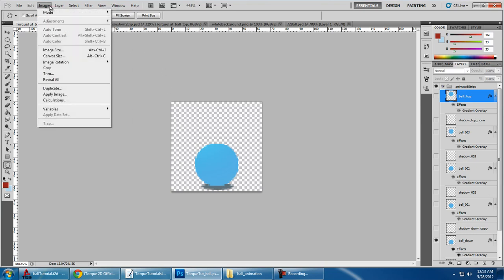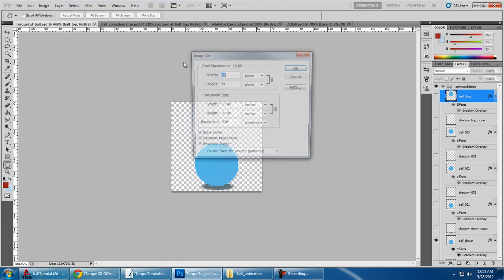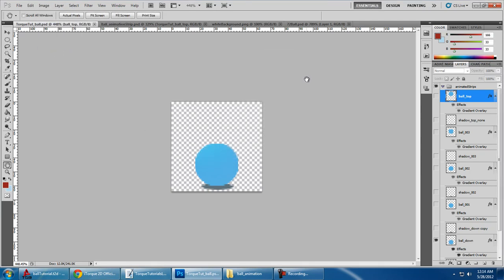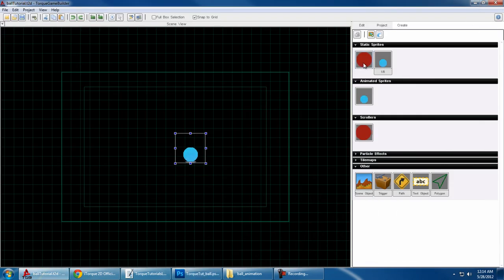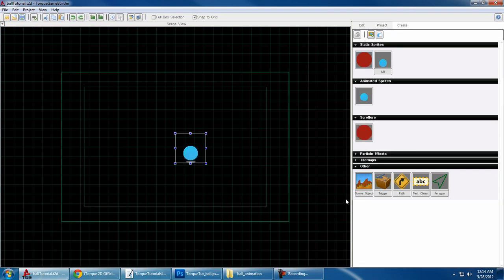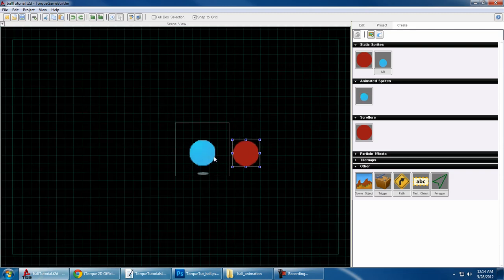One thing is that the image resolution is 326. The reason why is that the iPhone 4 is set to 326, and if you notice, this ball is called 72 ball image. It's because this sphere, this ball was set in a 72 resolution size, and if you notice,